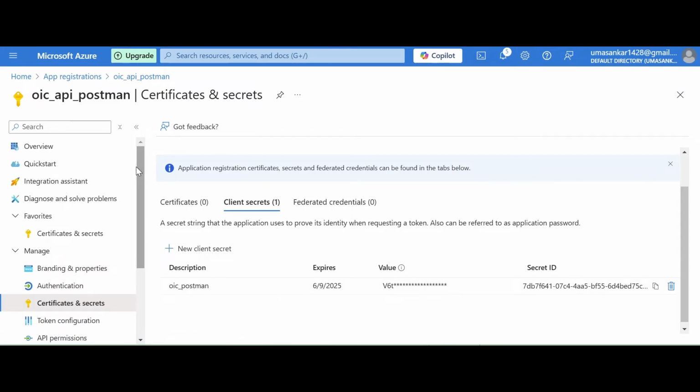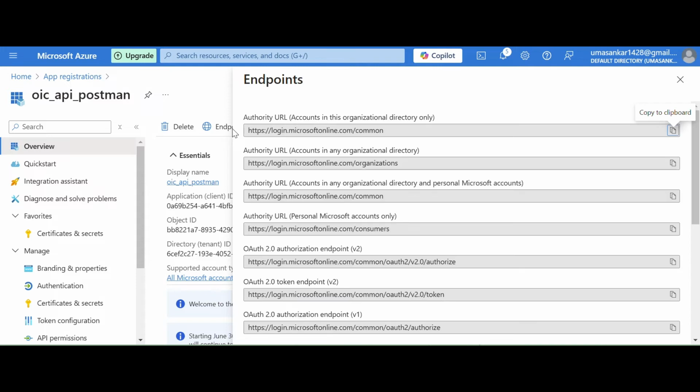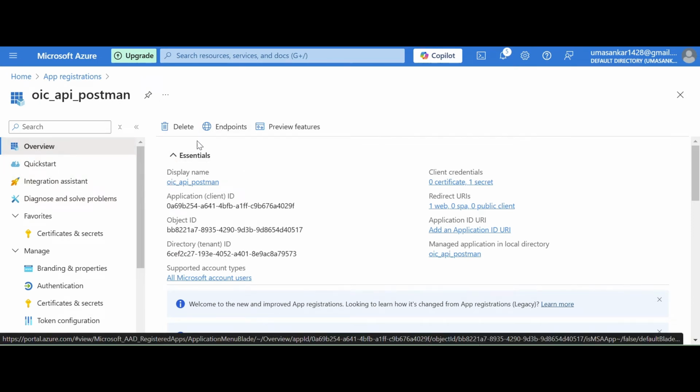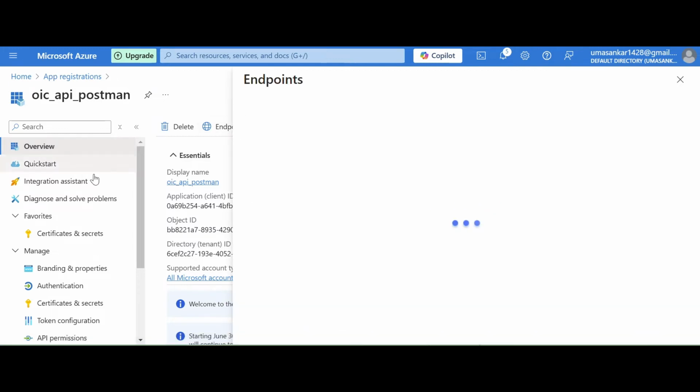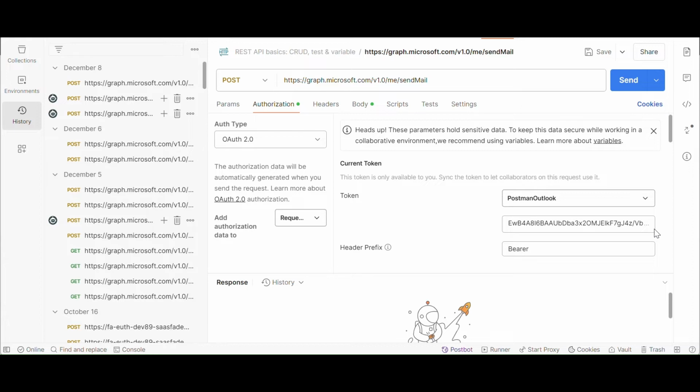So you have to go to the overview. Here you can see the endpoints. These endpoints are required in order to trigger from Postman. To check these endpoints you have to go to the overview, where you can see all the endpoints. We can use these endpoints from Postman. So now we are going to see how we can consume the Graph API in order to trigger it from